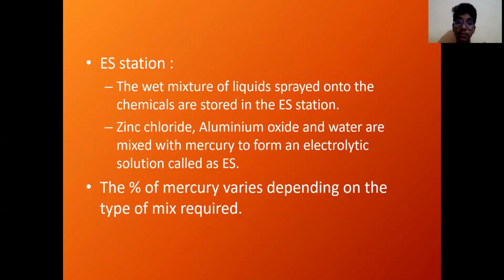At the ES station, the liquid sprayed into the chemicals is stored. Zinc chloride, aluminum oxide, and water are mixed with mercury to form an electrolytic solution, ES. ES is known as electrolytic solution. The percentage of mercury varies depending on the type of mix we require. As we can see, these mixtures are added to the zinc can. Inside the zinc can, we keep this electrolytic solution so that the conduction of electricity happens inside